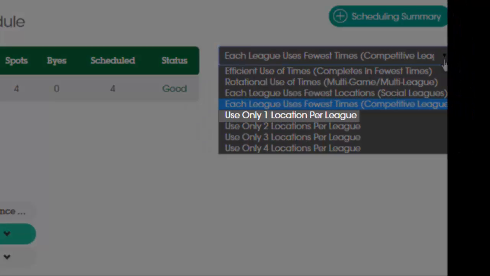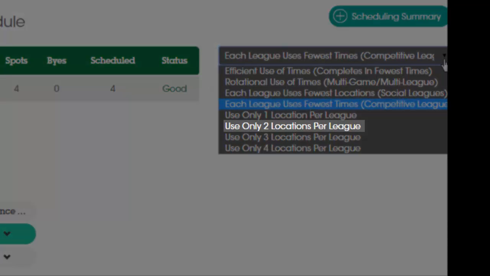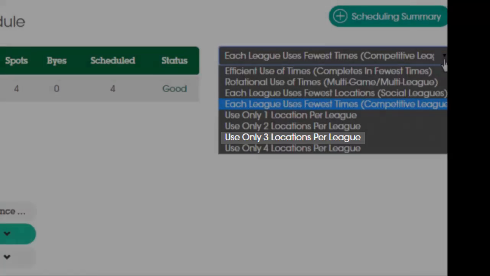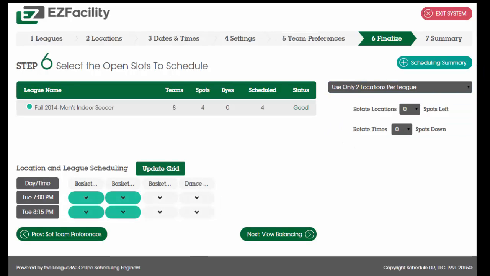You can't only use one location for this because we don't have enough times, but we could use 2 locations and it will show you that. Or we could use 3 locations and it would set those up as well. Using this drop-down list lets you set up which locations you'd like to use. We might also decide, if I use 2 locations, to move these over to the other 2 courts every other game. So in that case, I would rotate 2 spots to the left. So the first 2 games we're playing out on red and blue, the second 2 games we'll play at white